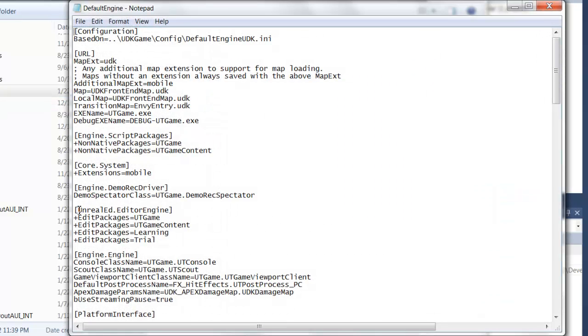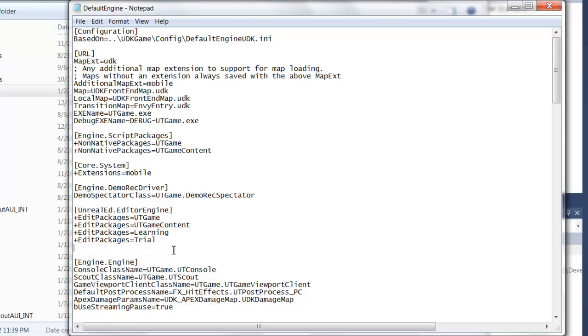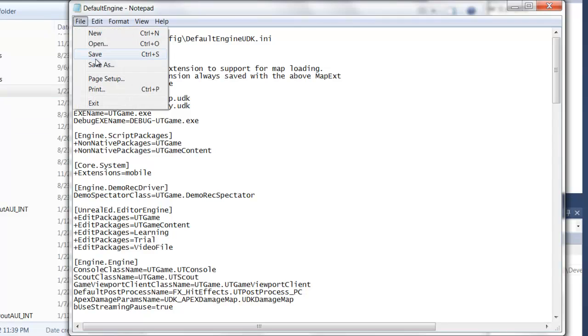You want to go to the UnrealEd.EditorEngine section. You should only have 2 lines, this first one and the second one. On what will be your third line, add +EditPackages= the name of the solution you created, in my case, VideoFile. You want to save it,